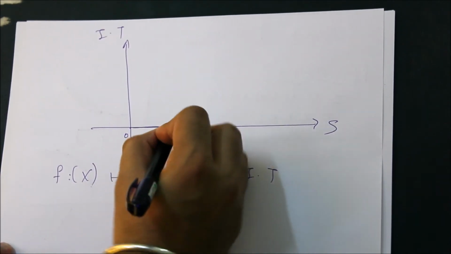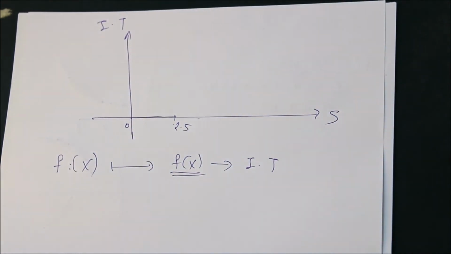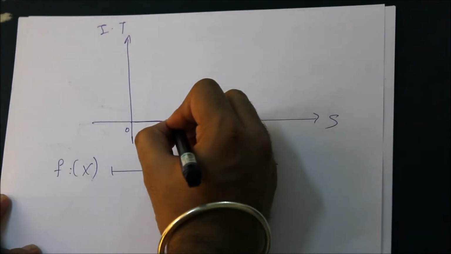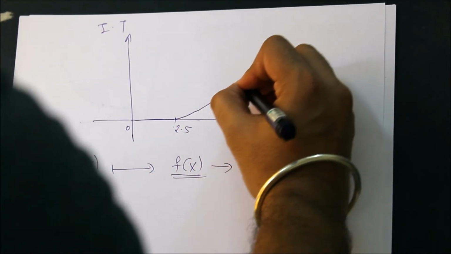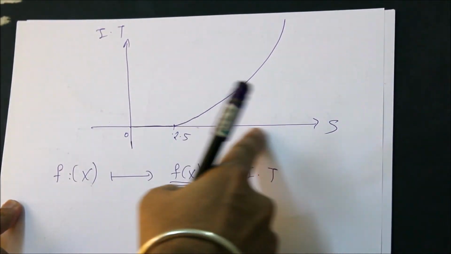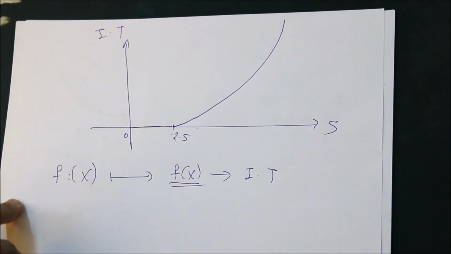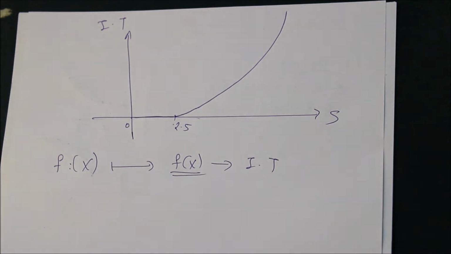And as your income increases, depending upon the investment and all other things, your graph increases very steadily, right? As your income increases, your income tax also increases. So this is how typically a convex income tax function looks like. And as you can see, this is a convex function.